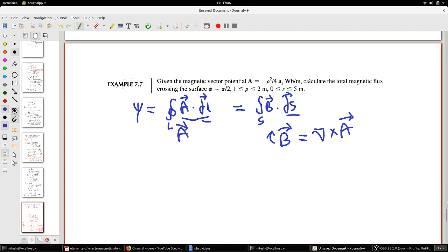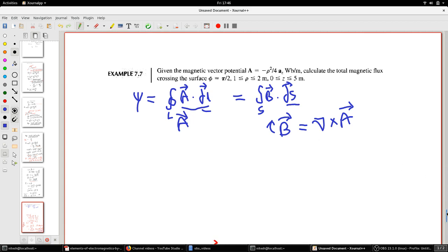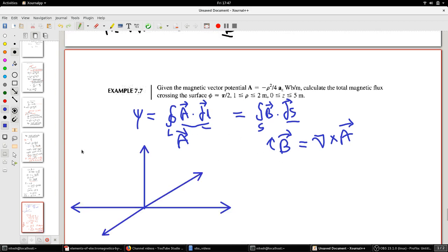First, going forward with dl or ds, we have to understand the coordinate system and how things are mapped in it. So the first thing is selecting the coordinate system. You have a rho, a phi, and a z quantity given to you, so I will use a cylindrical coordinate system. Things become easier, right? Let's first map it.